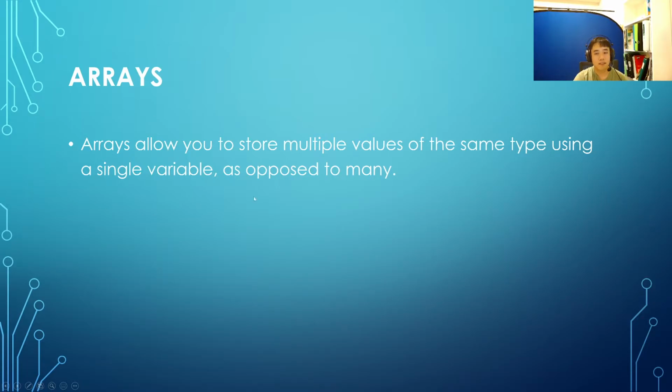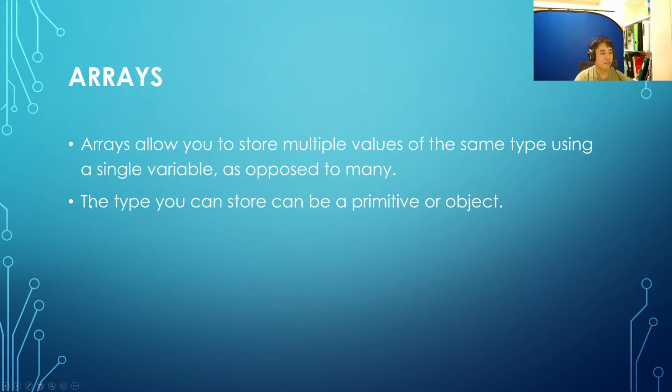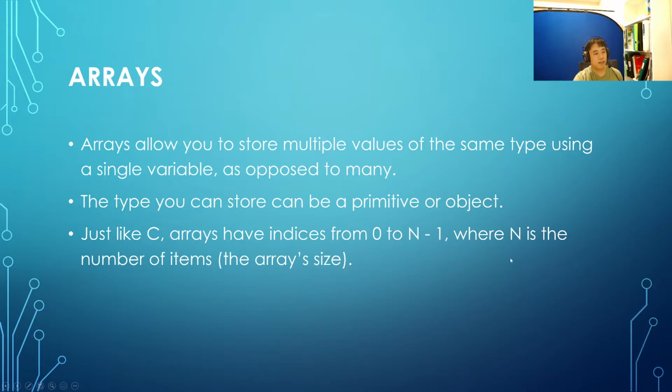Still, arrays do allow you to store multiple things of the same type using a single variable. So yeah, that's a C thing as well. And the type you can store in an array can be a primitive type or an object. It depends on the data type you mention when you declare your array. Just like C, it's very similar, and even the indices are similar. It starts from 0 to the number of things minus 1. Seriously, there's nothing really different